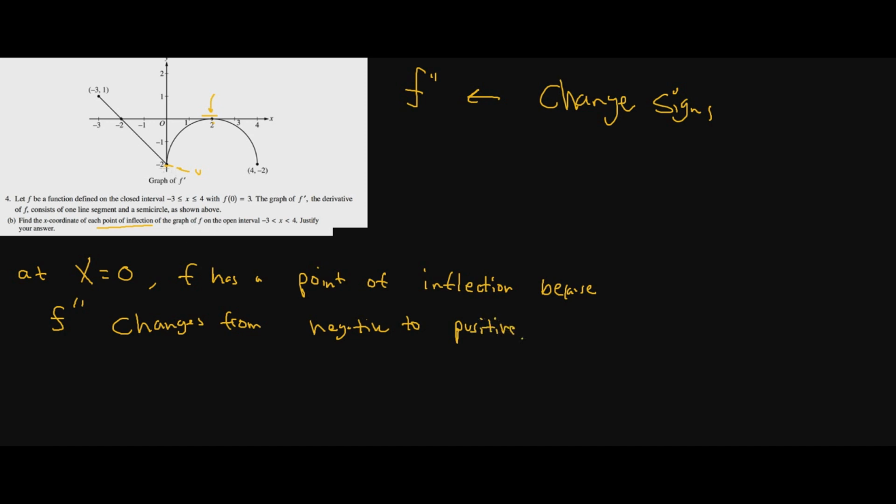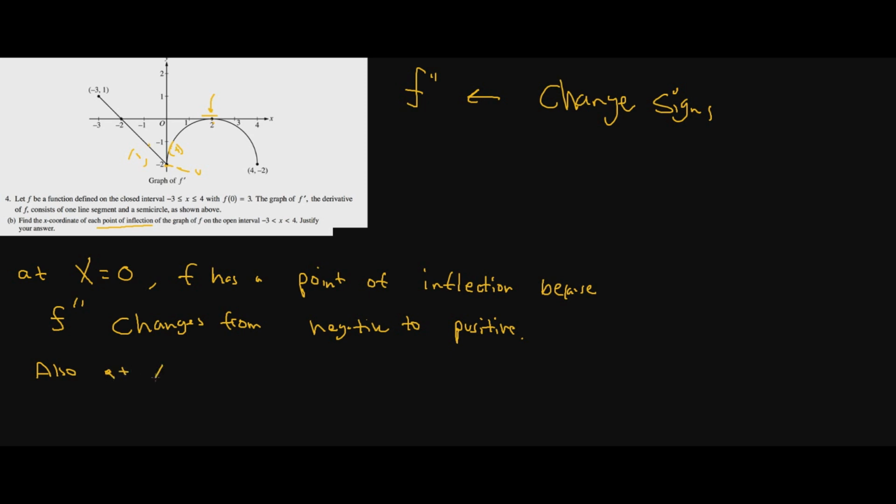Why? Well, right here it's undefined. And what is your instant slope from the left? Quite frankly, you can see here, it's got to be negative. And from the right here, it's positive. So the second derivative changes signs. And now we can say also